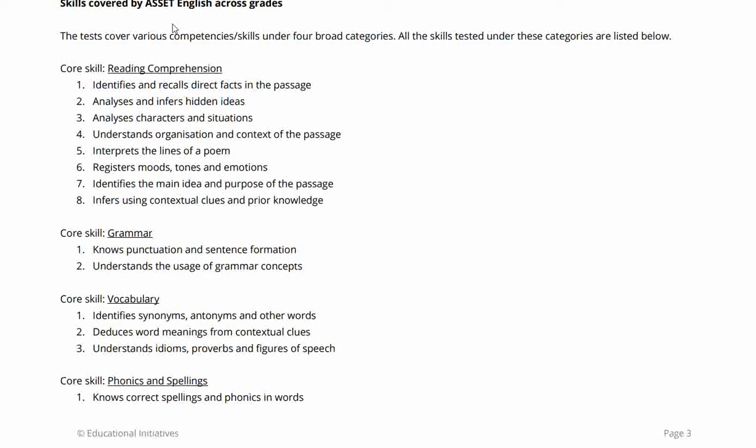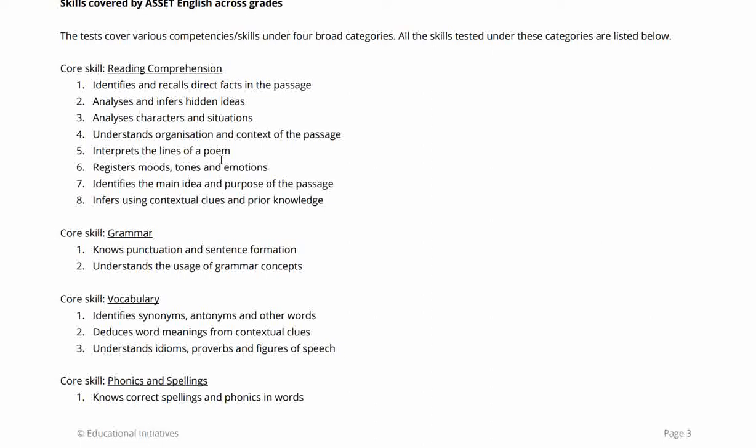Now, the skills covered by Asset English across grades. The test covers various comprehension skills under four broad categories. All the skills tested under these categories are listed below. Core skills, that is the reading comprehension: identifies and recalls direct facts in the passage, analyzes and infers hidden ideas, that means reading in between the lines, analyzes characters and situations, that means the perspective and thinking of the characters or their personalities, understands the organization and connects context to the passage, that means how ideas are connected in a sequence,